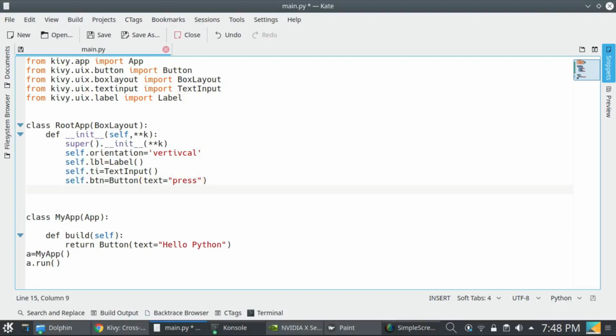Then I can add these three widgets into this layout.